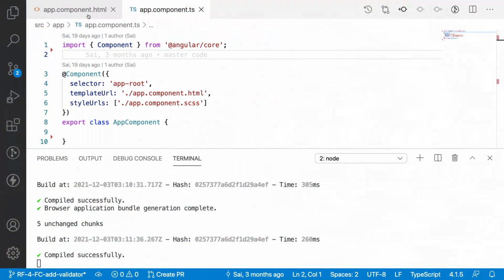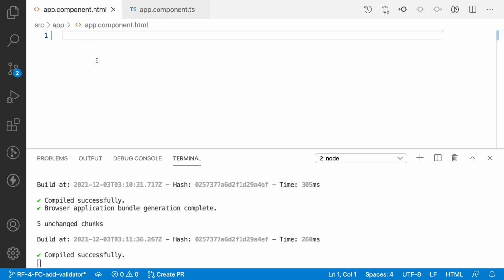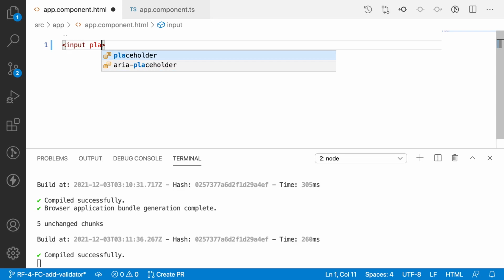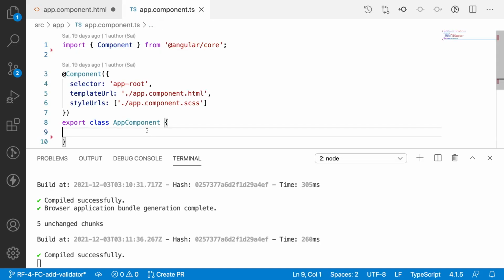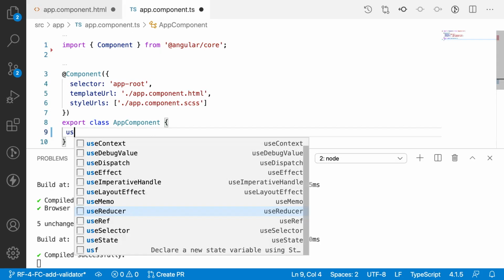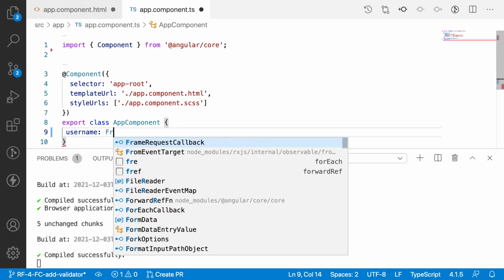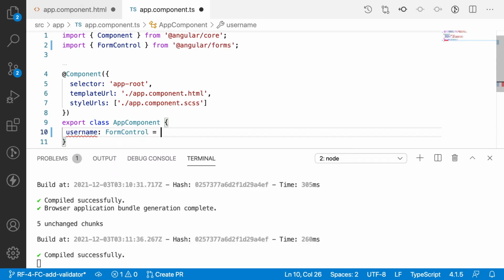Here I have two files, app.component.html and app.component.ts. Let me create one input field called username, give it a placeholder of username, and create one form control for this. The form control name is username, which is of type FormControl.